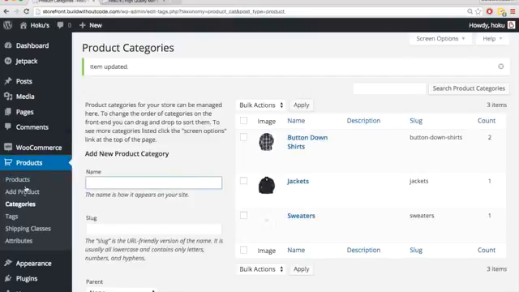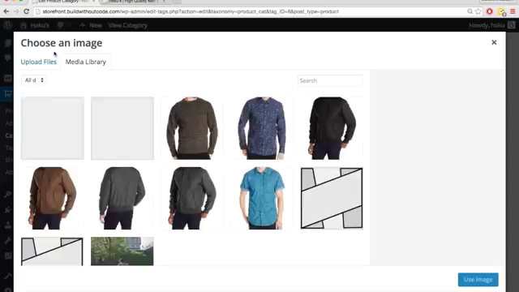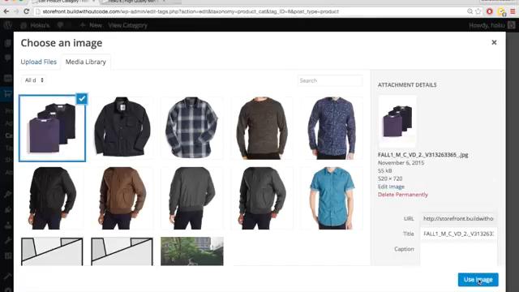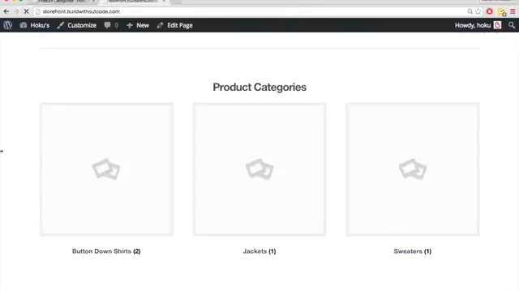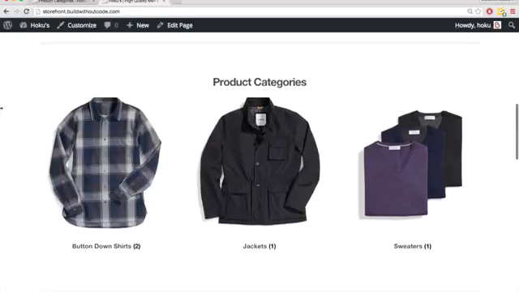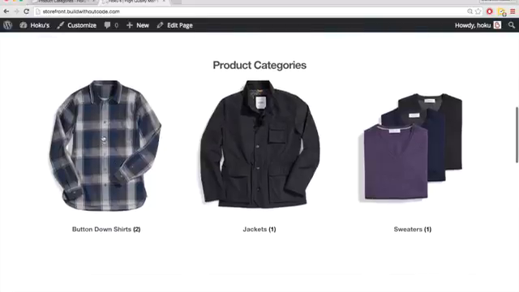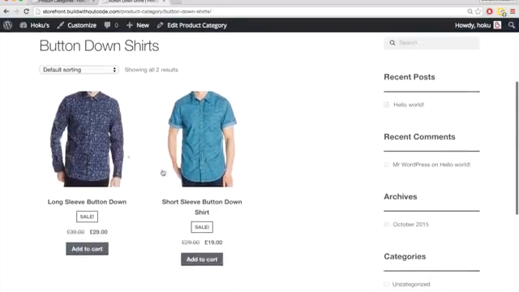And last but not least, our sweaters category. Use image, hit update, and now let's hit refresh. And you can see the product categories each has a photo associated with it. And so if we click on one of these categories, it shows all the products that we've added to this